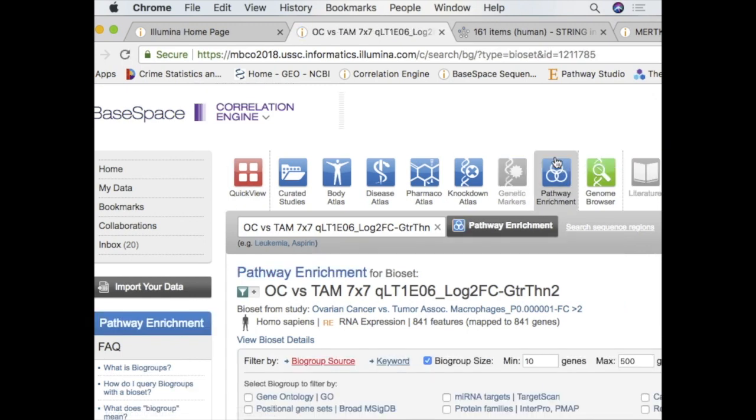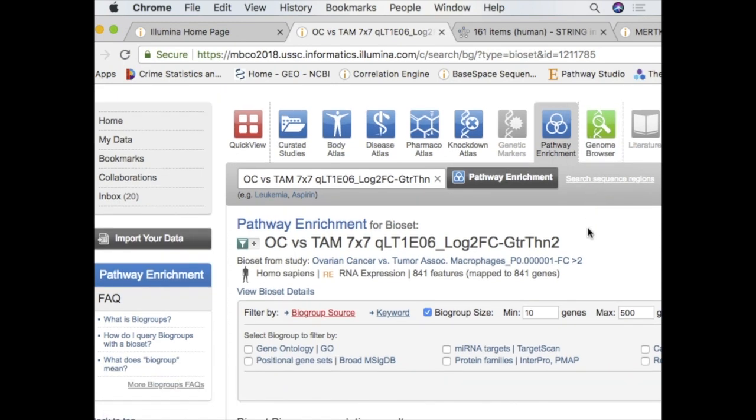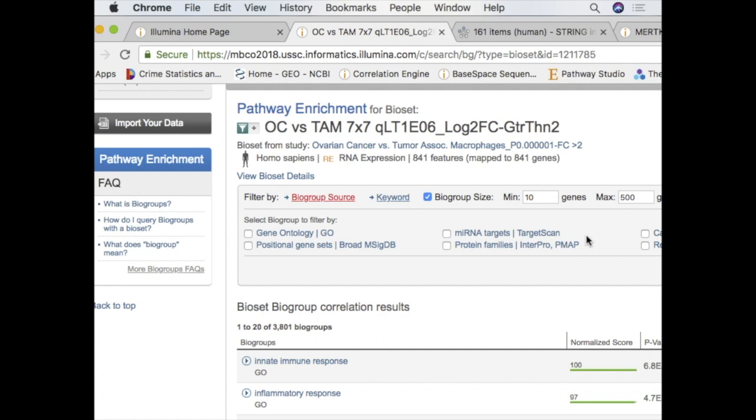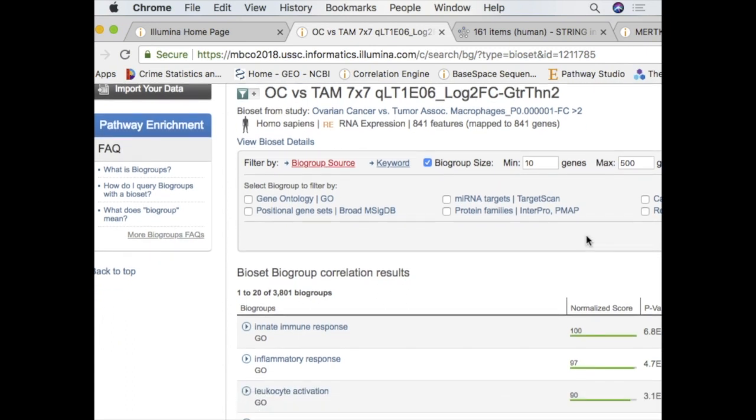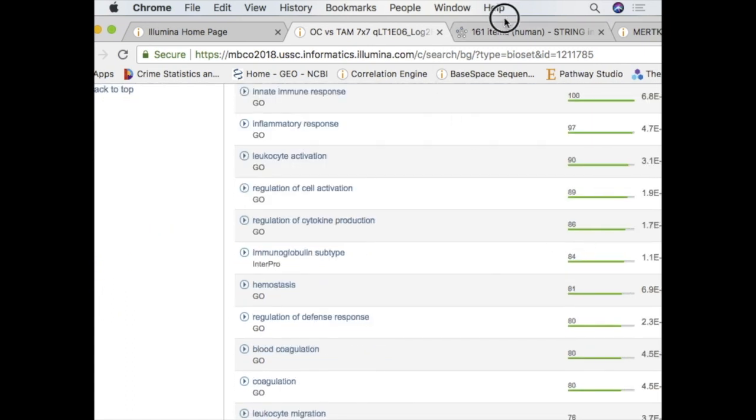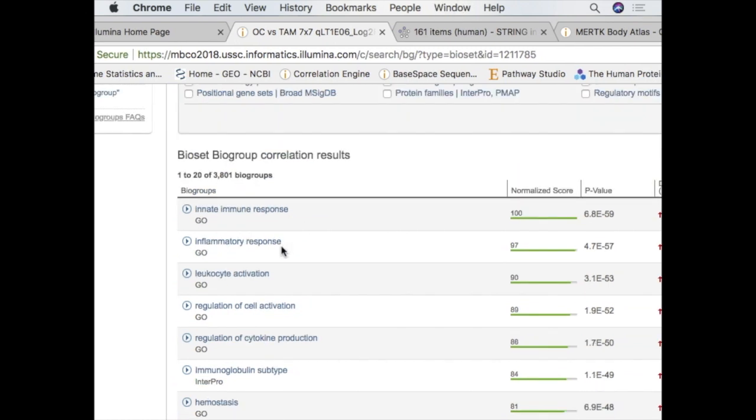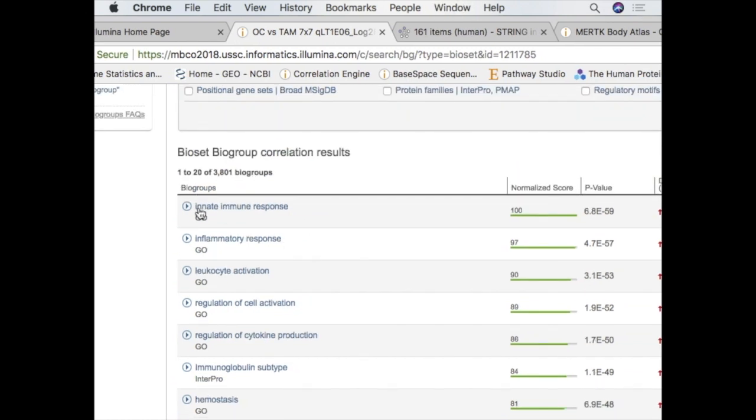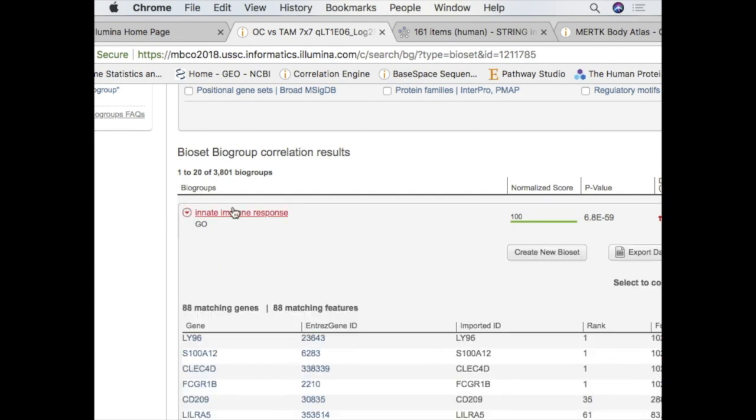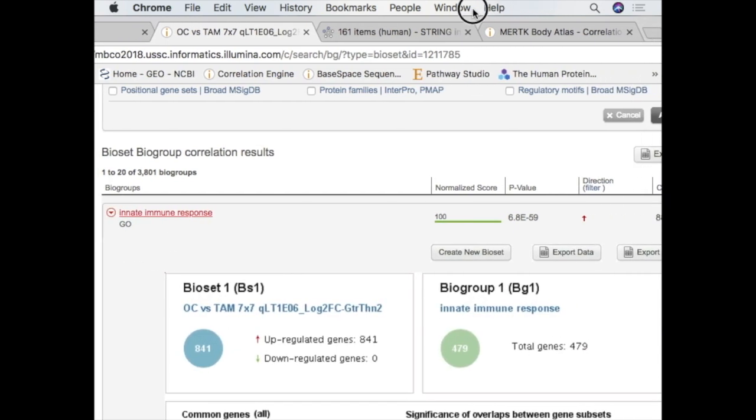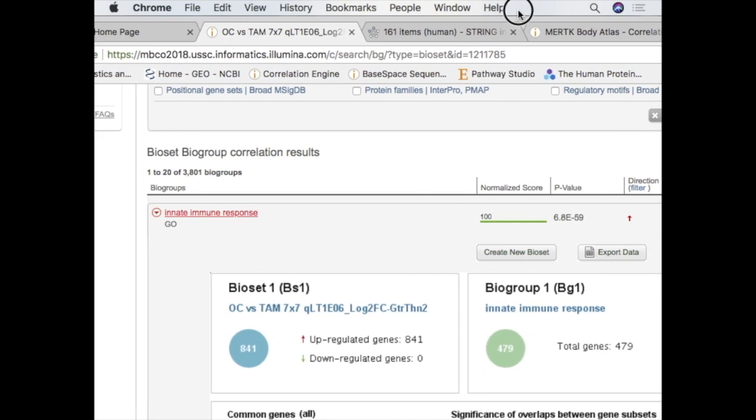So it's just like STRING and DAVID and all the other programs that you have out there. It's going to do the same thing, but it allows you to filter it a little better. So if I look up here, again, we're seeing that innate immune response, right? Click on this. So what this is telling me, the innate immune response,